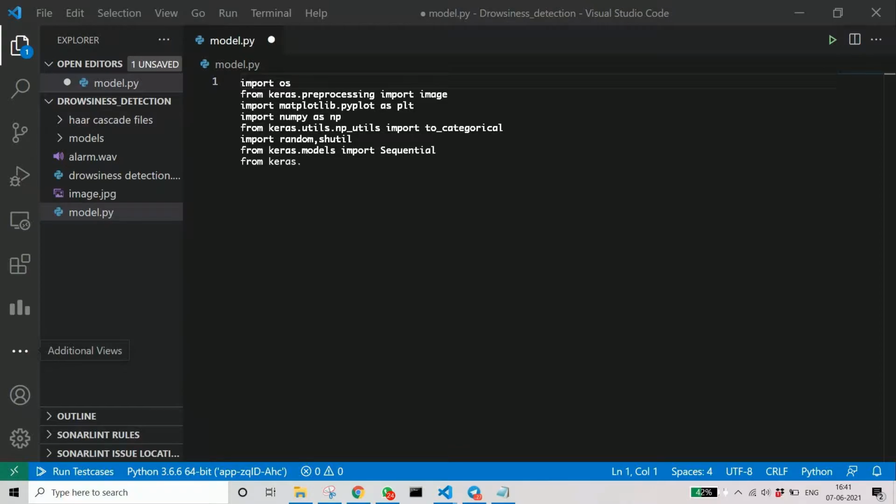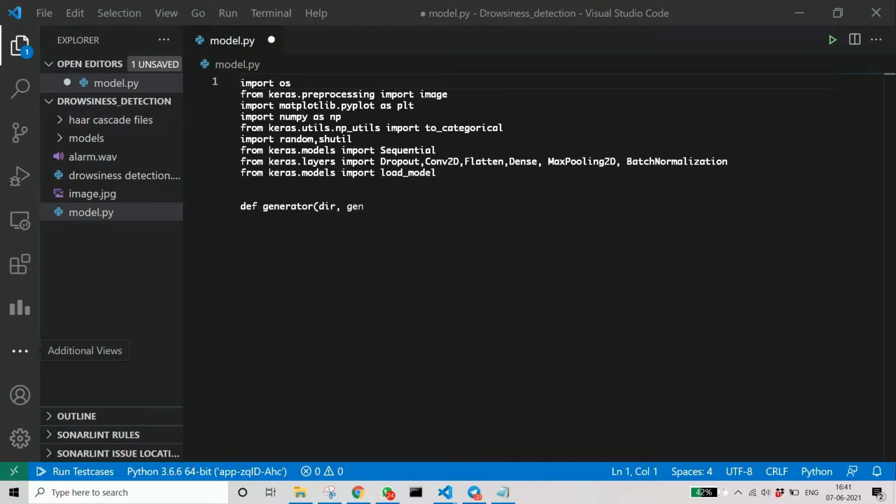From that we get the Sequential model, which we use to create sequential models, which I will code later. Then from Keras layers we import Dropout, Convolution, which is the major architecture in this project, then Flatten, Dense, and MaxPooling. We will come to this later. Let's first import everything.